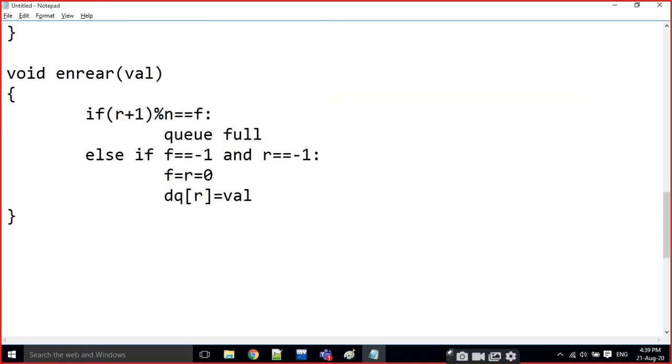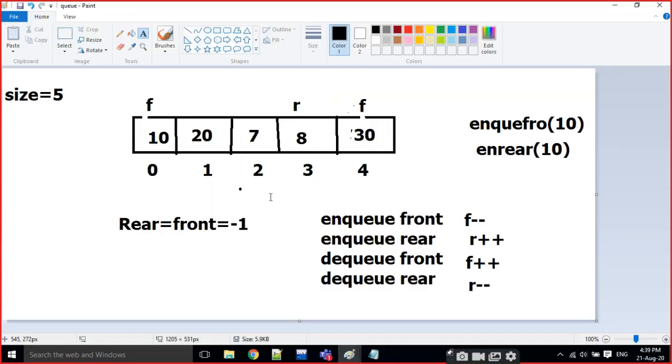The two conditions are the same, and else we are going to check if R is equal to n minus 1. That means if R has reached the last position,